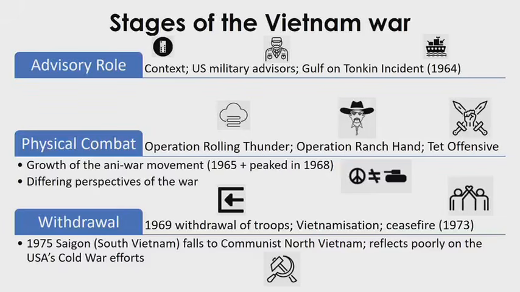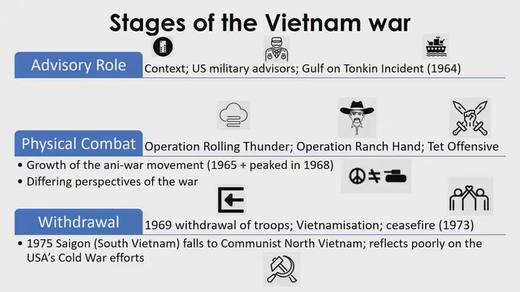So, you'll be expected to speak about the advisory role. That would be America's advisory role. But before you speak about the US military as advisors, you might want to offer some context. Here you can speak about the division of North Vietnam and South Vietnam. You might also want to speak about America's fear. So you see, I've actually put in a little domino over there to remind you about their fears with regards to the domino theory, that if one Asian country fell to communism, there would be a ripple effect, and other countries would also fall under communist threat. And so because of this fear, they go on to then offer US military advisory help.